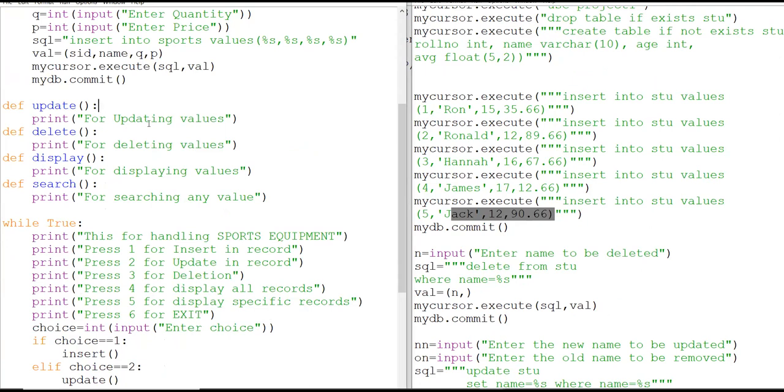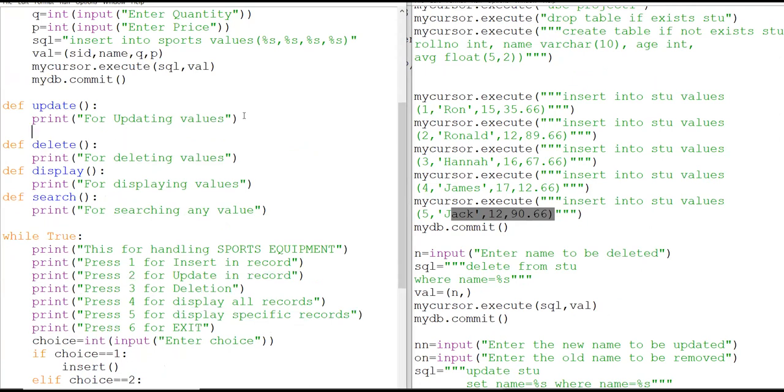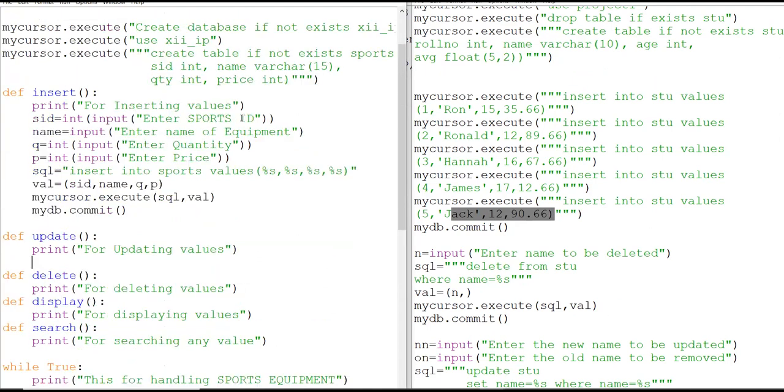Then next you are having the update function. Now see, in case of updation, we are going to ask on the basis of a particular piece of information, for example, the primary key. Suppose we are taking it on the basis of SID, and we only want to change the quantity.